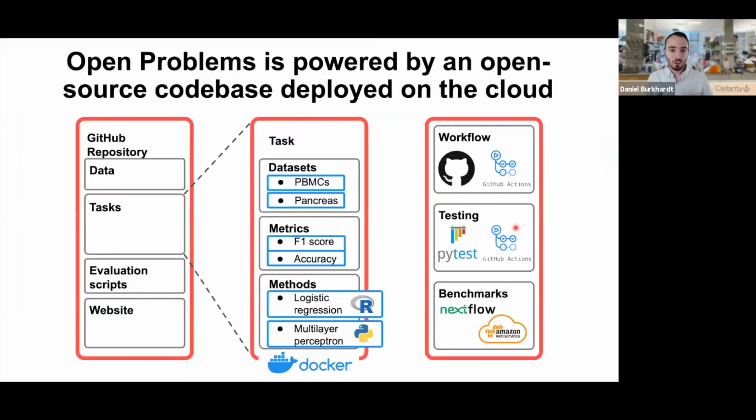And I'm not going to get too much into the weeds of the technical details of how these repositories are set up, but I just want to highlight a couple of aspects. We're running repositories that both load data and contain many different sets of tasks that are community contributed and are evaluated on the cloud. We're using some exciting practices to make sure that code can be contributed in multiple languages and all evaluated on the cloud in an automated manner. And this has been, I think, a really exciting way for us to actually build infrastructure for these centralized benchmarks.